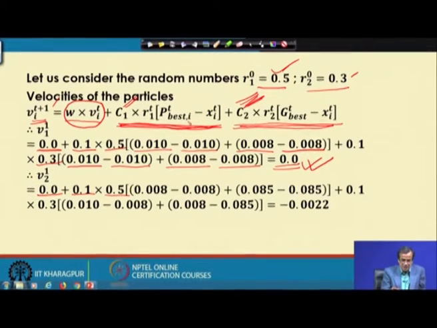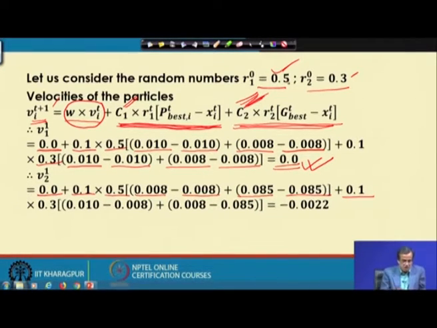Now, the personal best corresponding to the first design variable with respect to the second particle is nothing but 0.008 minus the value of this particular x_i(t) corresponding to the second particle in terms of b, plus 0.085, which is nothing but the personal best of the second particle corresponding to the design variable h, and 0.085 is nothing but the value of h corresponding to the second particle, plus